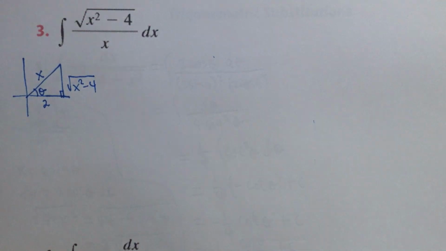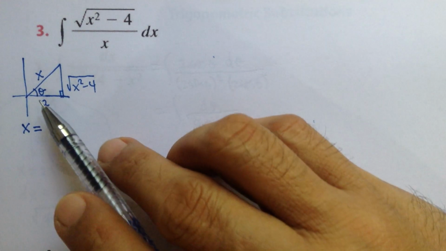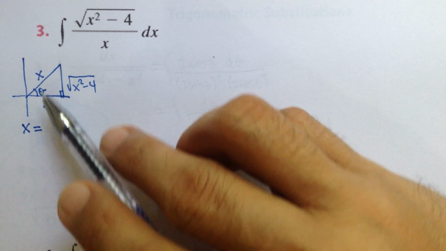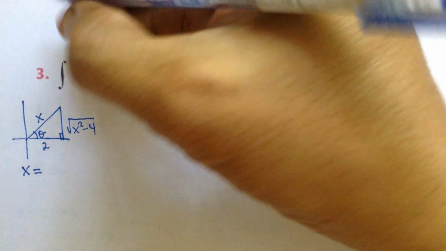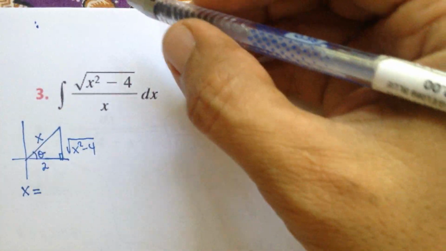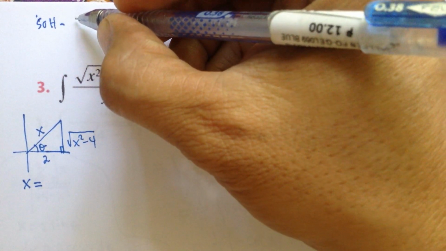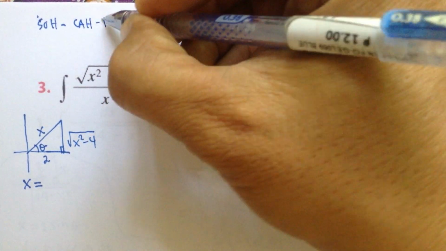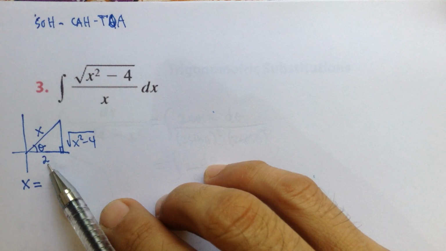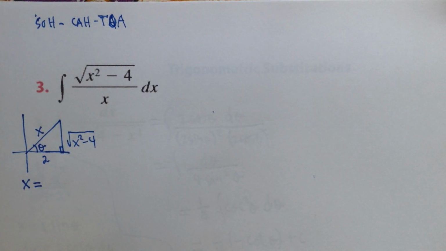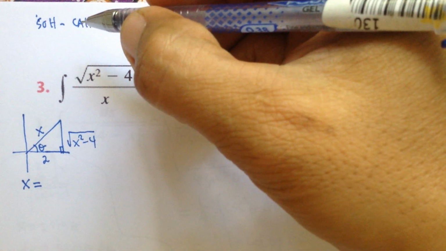this side would be square root of x squared minus 4, right? Okay, so what is your x? You have 2 adjacent, and x here is the hypotenuse. If you recall, we have the acronym to recall the expressions for sine, cosine, tangent, and so on: SOH-CAH-TOA. What's involved here is hypotenuse and adjacent. So the question, is it cosine? Yeah, we can use cosine, but I think it's easier if we use secant instead,